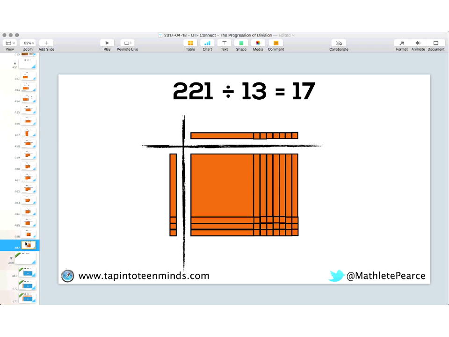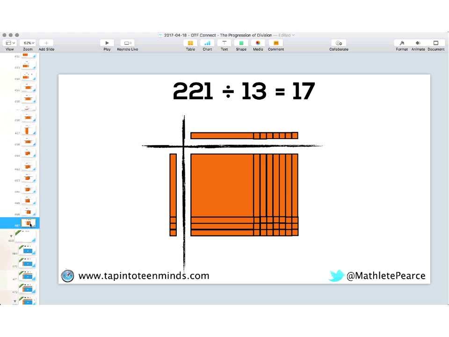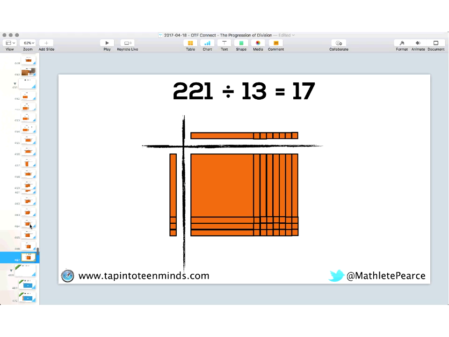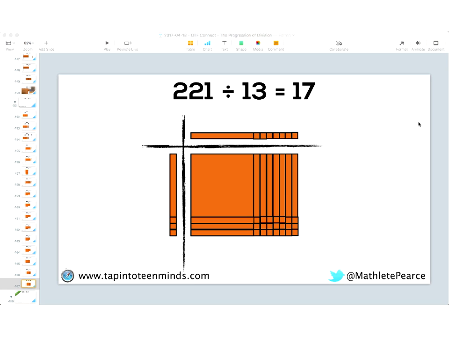This helps them lead to building procedural fluency, because eventually they're going to say, you know what, I don't need to use these base 10 blocks anymore. I can picture what that looks like, and then maybe I want to move to something like an area model versus using arrays. So I'm going to end this question here.